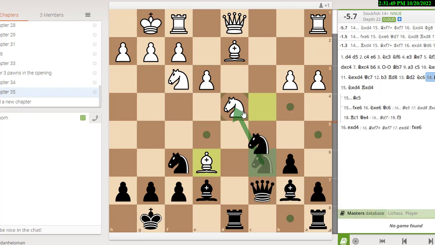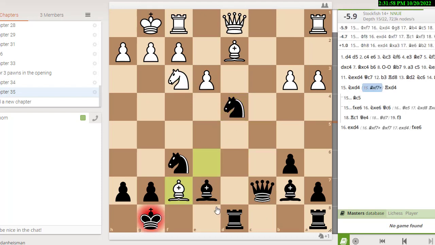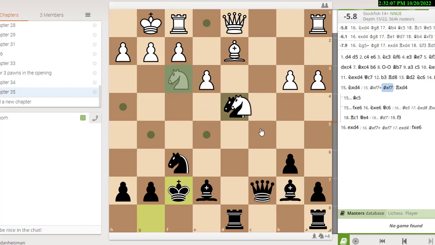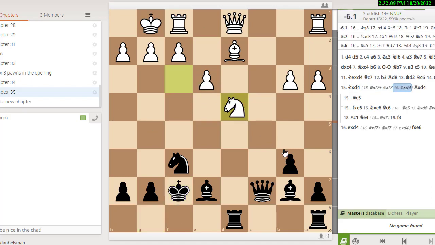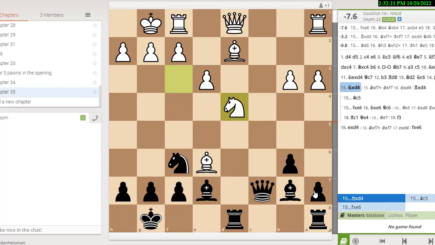But it says black should start out by taking that knight, which is what he did. White, of course, will take back. If white wants to take the pawn already, then black's got what he wants, because white's not going to be winning any exchanges here. And in this line, after king takes f7, knight takes d4, the engine has black, even though white has 2 pawns for the piece, up by about 6 pawns here, 5.8. So of course white took back with the knight in the game.